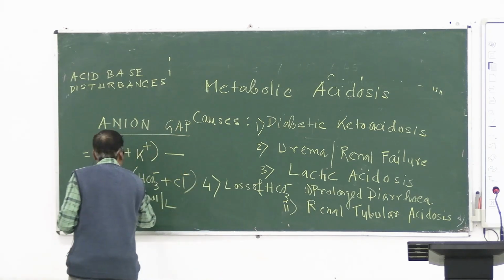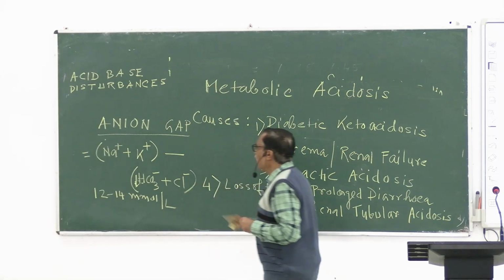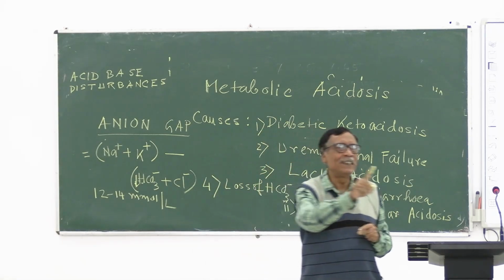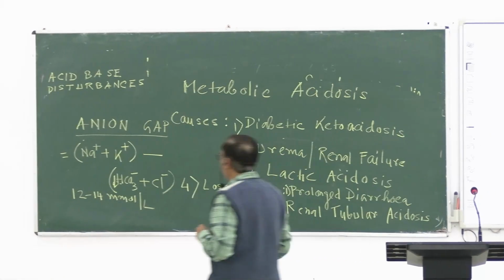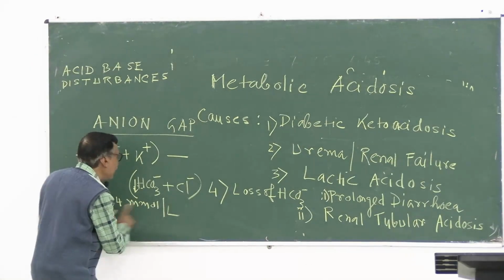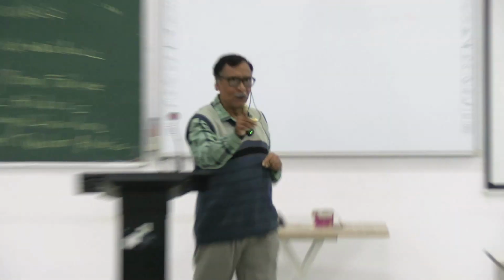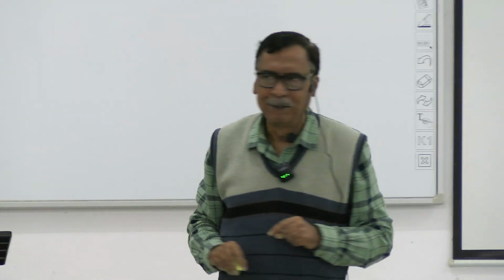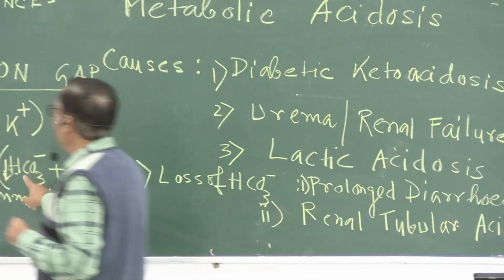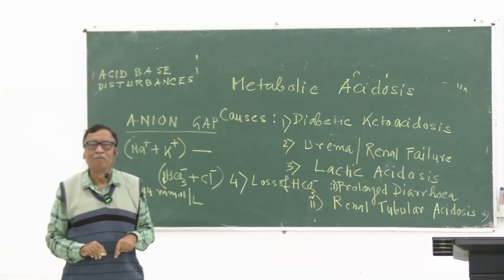If there is decrease in the bicarbonate and all others are the same, will the anion gap be increased or decreased? If the bicarbonate decreases, will this value increase or decrease? It will increase. Simple mathematical calculation. So anion gap will be increased in metabolic acidosis, mostly, not in all cases, and